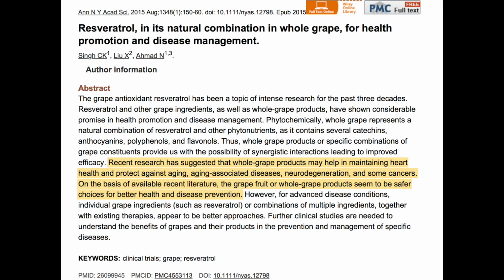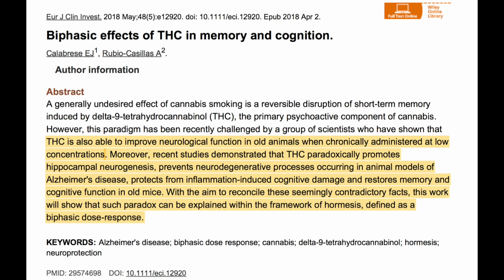It has been speculated that alcohol may increase the absorption of resveratrol from red wine. However, this review looks at many studies in which the benefits are apparent even from eating red grapes and unfermented red grape products. Interestingly, however, tetrahydrocannabinol, THC, the main psychoactive ingredient of cannabis, which is associated with poor short-term memory, does actually have a neuroprotective effect at low doses. However, the doses to protect your brain would need to be very low and are probably much lower than what would be used recreationally. So it seems that the benefits would come from a very low dose over a long